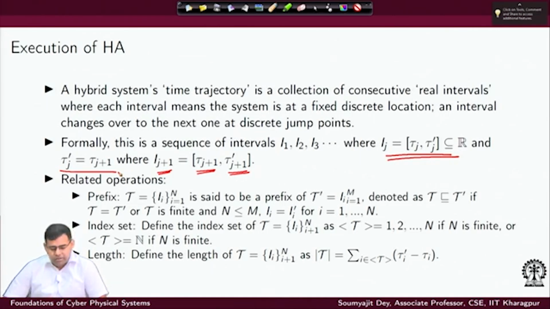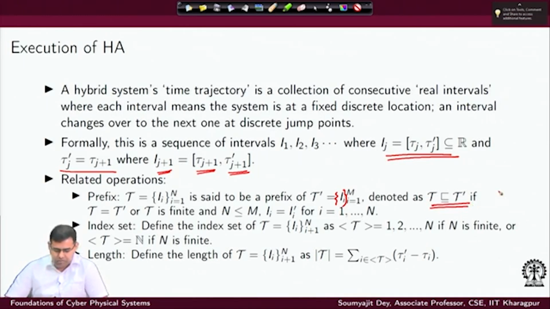A prefix is defined like this. Tau is one time trajectory given by a sequence of intervals I1, I2 up to In. Let us take its prefix as another time trajectory, another sequence of intervals tau prime, which is up to some m, I equal to 1 to m. And we will say that this tau is a prefix of tau prime in two cases. Either they are equal,